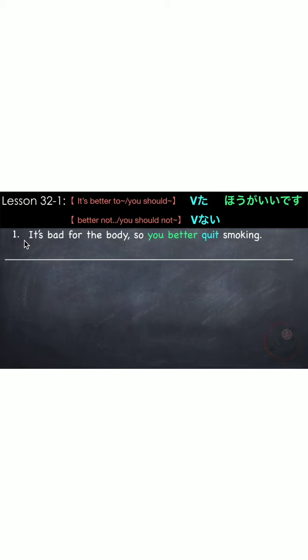For example, it's bad for the body, so you better quit smoking. 体に悪いですからタバコをやめた。So our verb is to quit or やめます。So in ta form, it becomes やめた followed by 方がいいです。体に悪いですからタバコをやめた方がいいです。